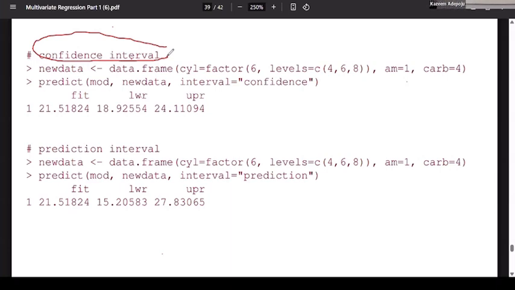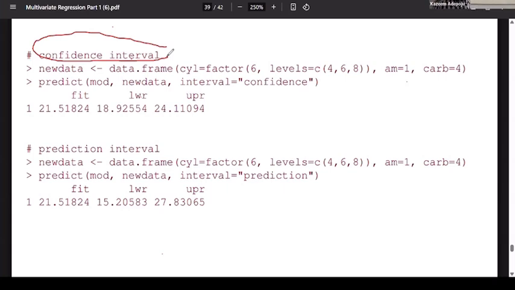We're looking at the effect of three predictors on the response. What are the predictors? We have cylinder, with three levels, and AM, maybe transmission, and a continuous predictor, carbon. Okay. Now, if I have new information about